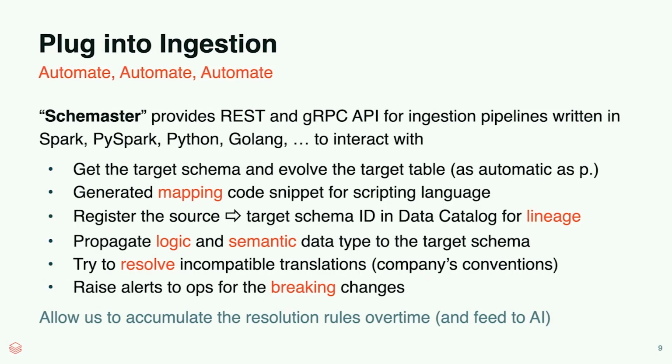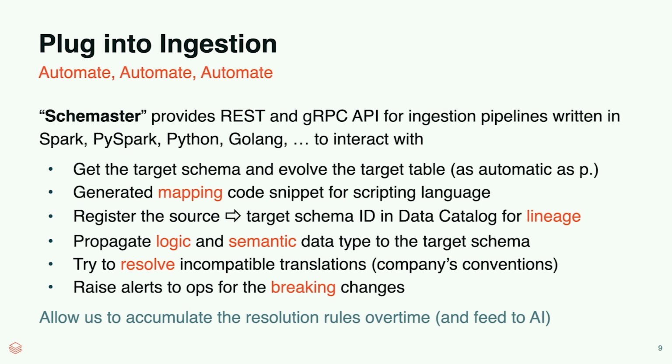So what we do here is create something called Schemaster. The internal product is actually called Schemaster, and it is trying to master your schema in a way that solves the problems we just mentioned.